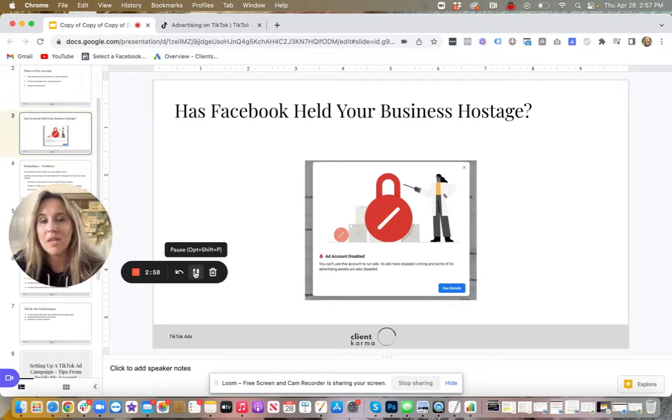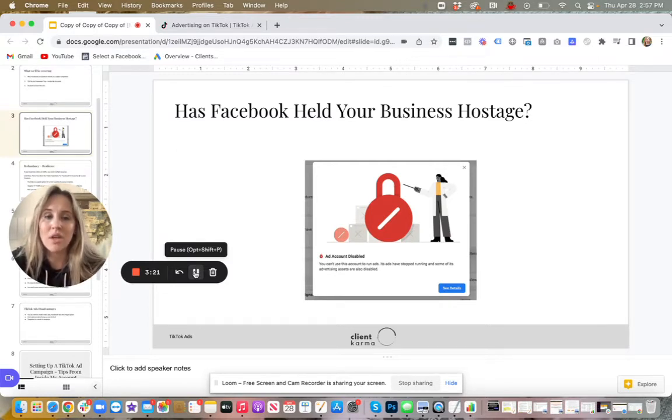So they basically take a guilty until proven innocent approach, and they shut down, especially around Q4, they shut down everybody, you do the appeal, and then most of the time you get it back. But it's a human that's doing that appeal, and sometimes they can decide not to give it back to you. So it's not good to have a single point of failure in your business.